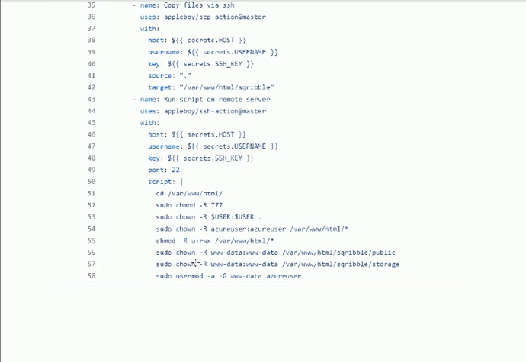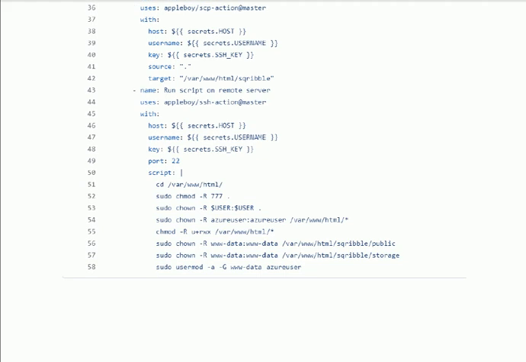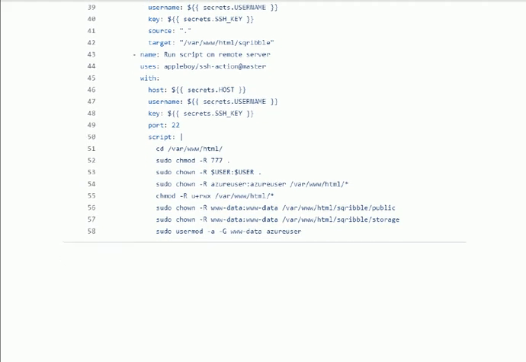After that, we are setting the permission of www-data on the public folder, because we know that in Laravel there are two important folders. One is the public folder and the other is the storage folder. We are giving the proper permission on these two folders so that our deployment works successfully. The last one, in the user mode, we are giving the rights of www-data to the Azure user. These are the different configurations that we have done in the YAML file.